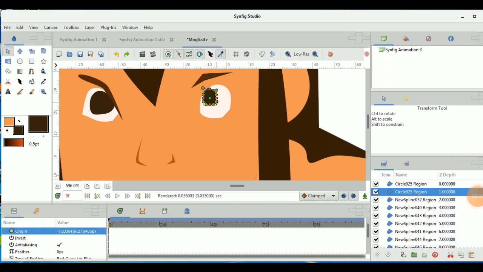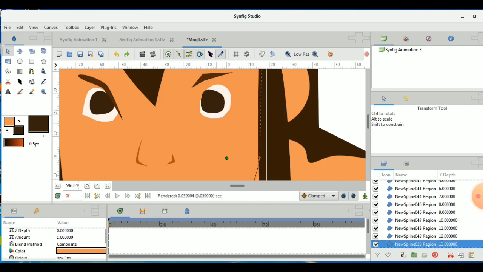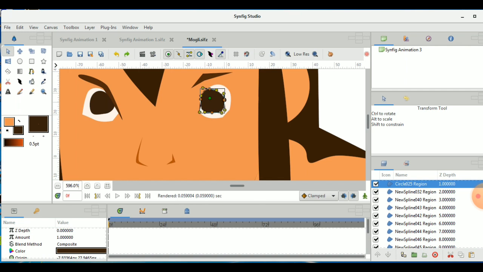We'll concentrate on the other eye. Here a total black color is not used, a dark brown color is used.